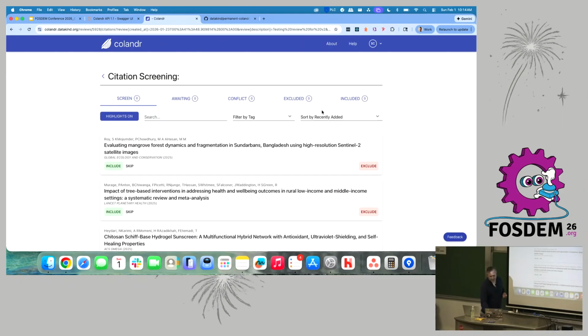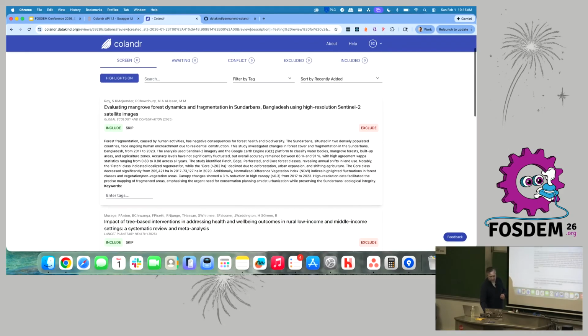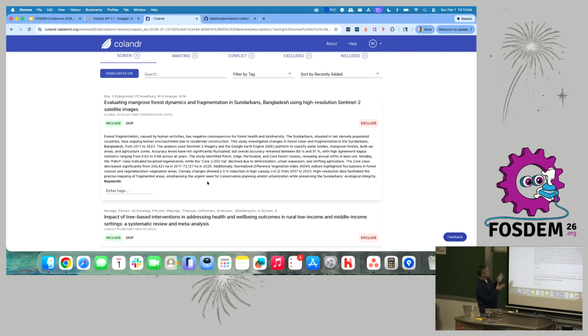So here, there's some basic tools. You can have quite a bit of these uploaded citations, especially coming from a system. It might be hundreds at a time. And so this is meant for teams to use. So teams of researchers can go through and use this. And you can sort by relevance, or you can sort by recently added. If we go ahead and pick one, then you have the information you need to go ahead and start cataloging.